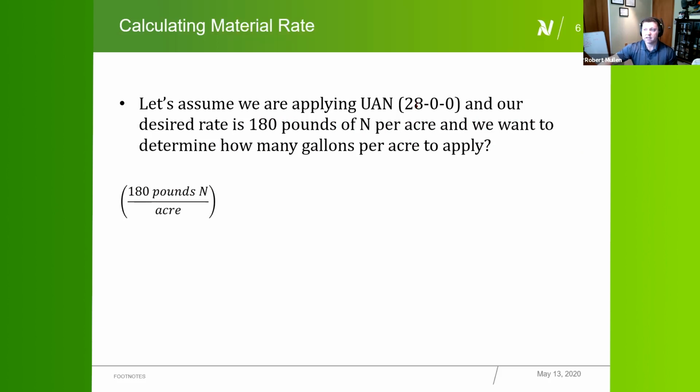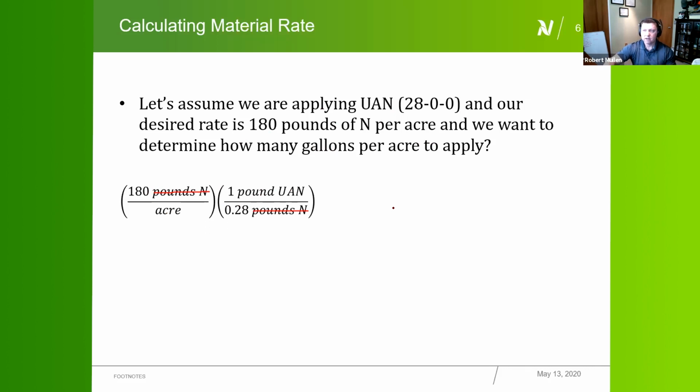All right, I know I've got 28%. I almost messed that up. I've got 28% of this product is actually, on a percentage basis, 0.28 pounds of nitrogen, but that's on a per pound basis if I want to make this on dry. So if I'm in dry, pounds of N, pounds of N. Now, when I asked this question, I specifically wanted you to make this conversion to gallons. So I have how many pounds of UAN per acre I have to supply to achieve this desired application rate,